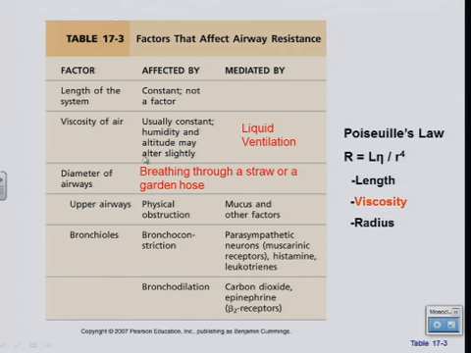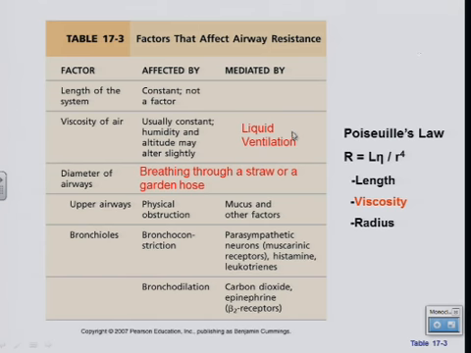As well, we talked about altitude. So if you go to high altitude, what happens to the viscosity of the air? It decreases. And if it decreases, therefore, there's less resistance. Counter to that, if you were to go to a very high pressure, what does that do to the viscosity of air? Well, it condenses it. Therefore, the viscosity increases, slightly increasing resistance as well. These are minor effects relative to overall resistance, but we did talk a little bit about potential effects of liquid ventilation.